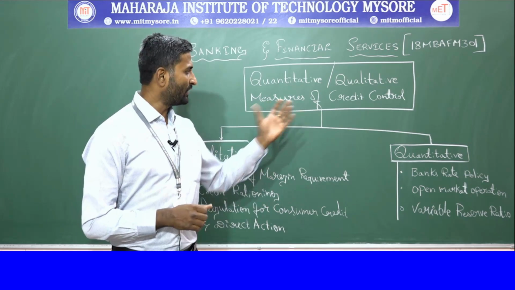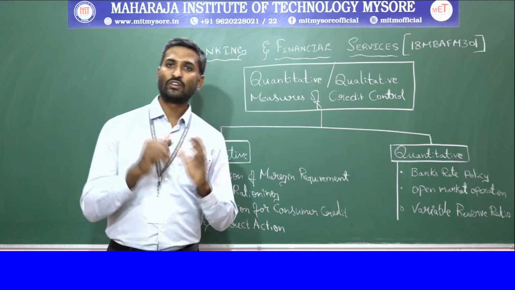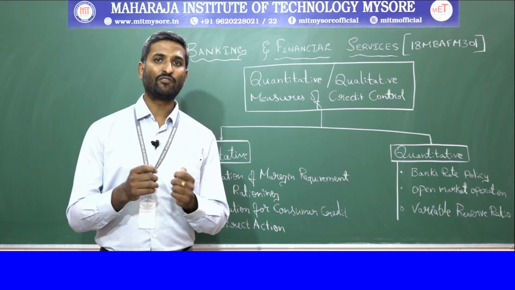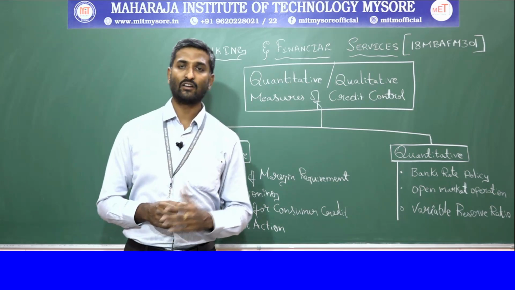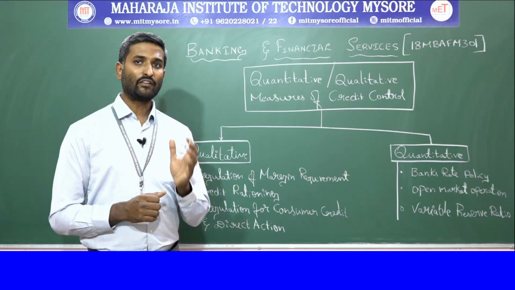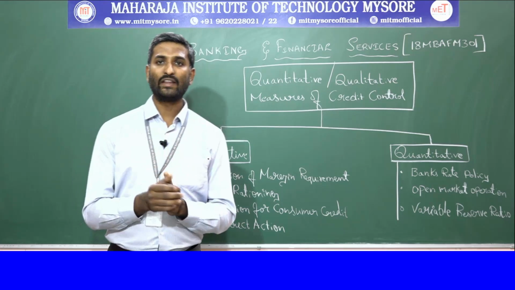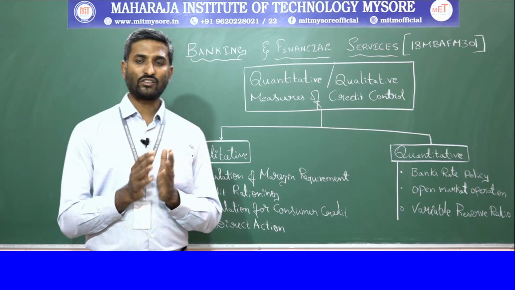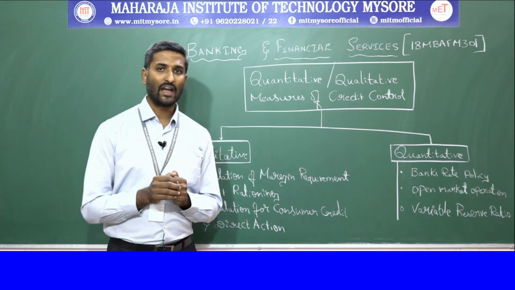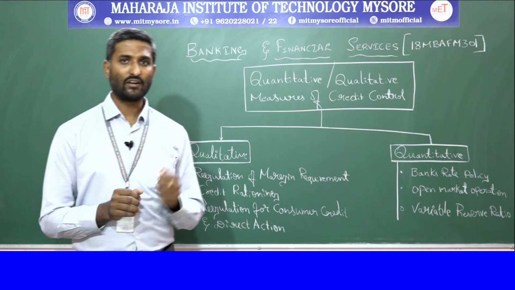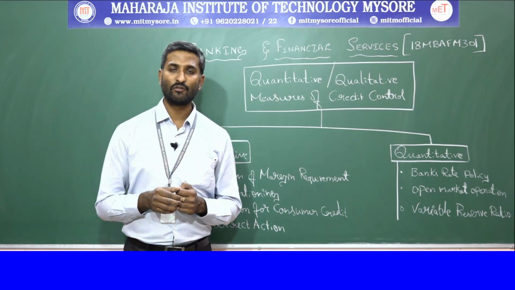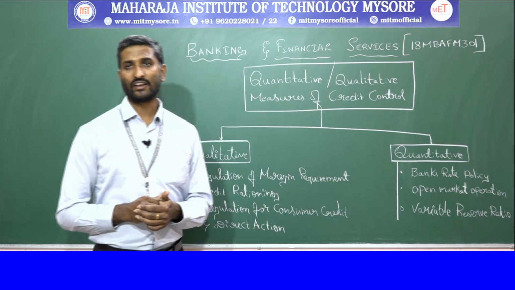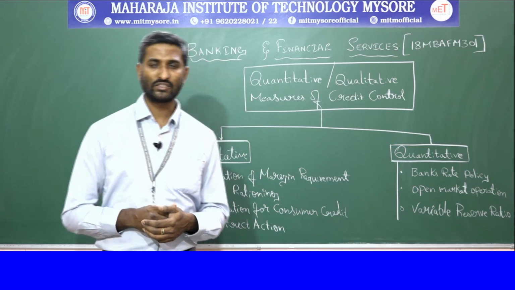So first, prior to moving to the qualitative and quantitative measures, we need to know what credit control is. Credit control is a policy where the credit facilities given by the RBI as a central bank, or by individual banks, need to be provided very carefully to the customer. The credit operations are directly regulated and advised by the central board through RBI guidelines, as well as committees that work on credit control. So we have qualitative techniques as well as quantitative measures